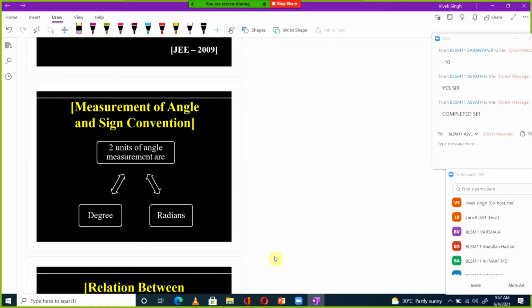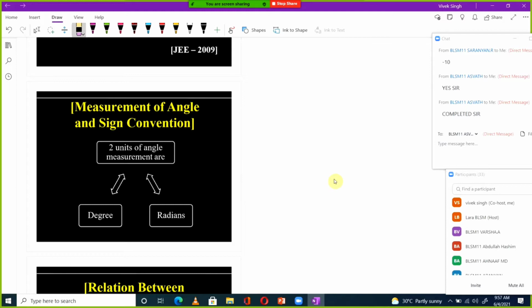So what is radian? What is 1 radian? Let me define. Degree, you know already how to measure in degree. What is degree? This is just a measurement unit. You have to write like this, 30 degree. It is just a unit only. Radian also is a unit, but it is different than degree.